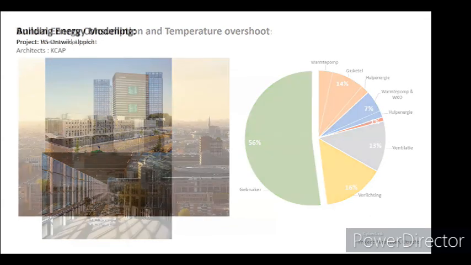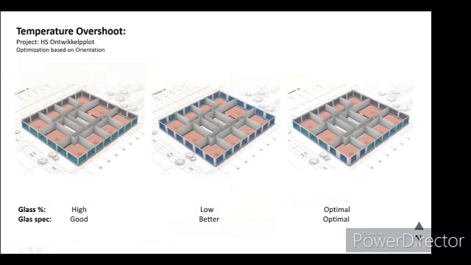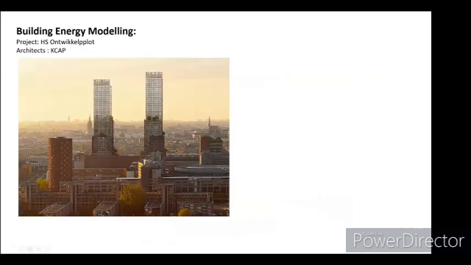And this is one of my favorite projects as well. This is the fourth tallest tower in the Netherlands, which is still in development, which is HS Ontwinkel plot from KCAP. So what happens over here is, you can see it's a high rise. And designing a shading system, let's say on the 20th floor or 30th floor with vertical fins, is more expensive, and sometimes it's hard to construct as well. So we need to find a suitable way to address the overheating issues in the apartments.